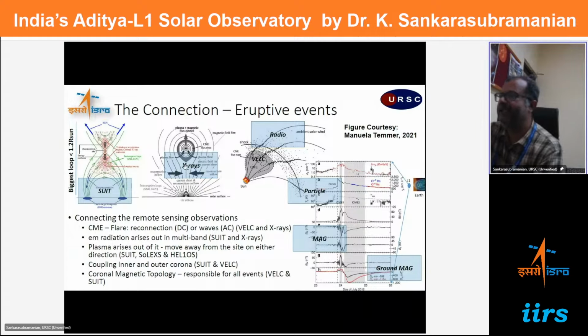And the accelerated particles in the interplanetary medium, as they reach the L1 point here, you start to measure the particle as well as the magnetic field measurements. And of course, we can use many of the ground-based radio observations to study the propagation of these particles in the interplanetary medium, as well as the ground-based magnetometer to study how these particles